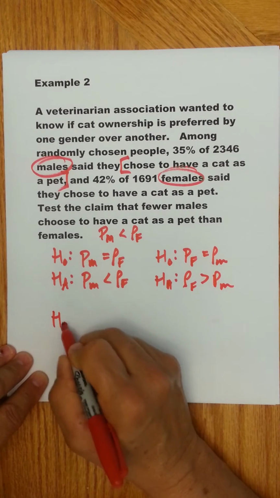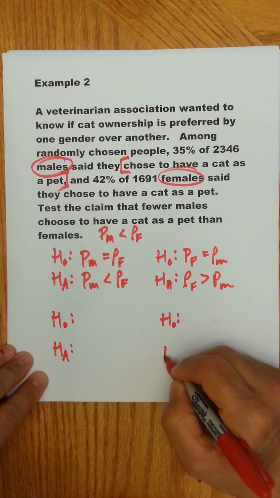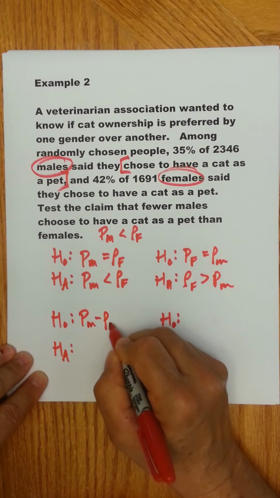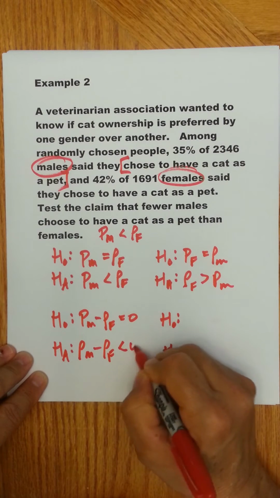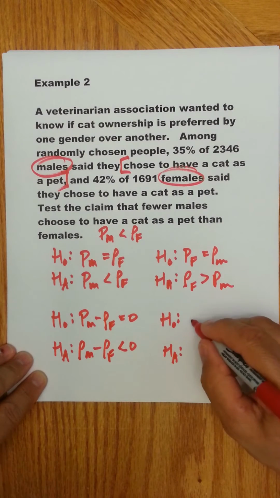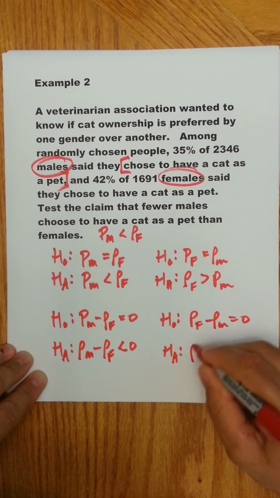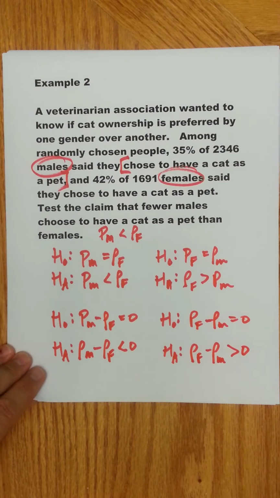And now, of course, you could use algebra to write these as differences. So P sub m minus P sub f is 0. P sub m minus P sub f is negative, is less than 0. Or here, P sub f minus P sub m is 0. P sub f minus P sub m greater than 0. All right? And the last example then,